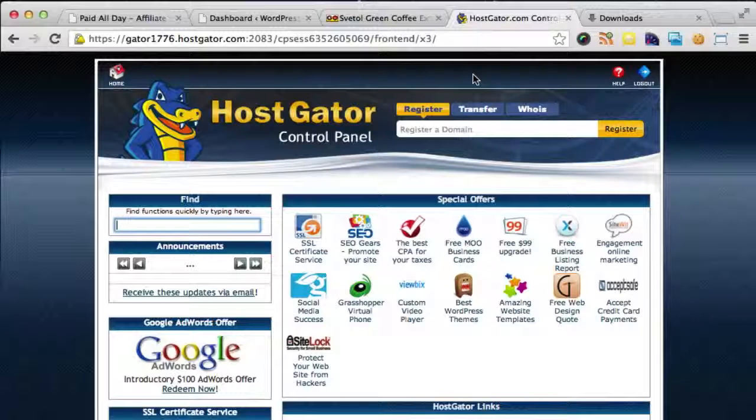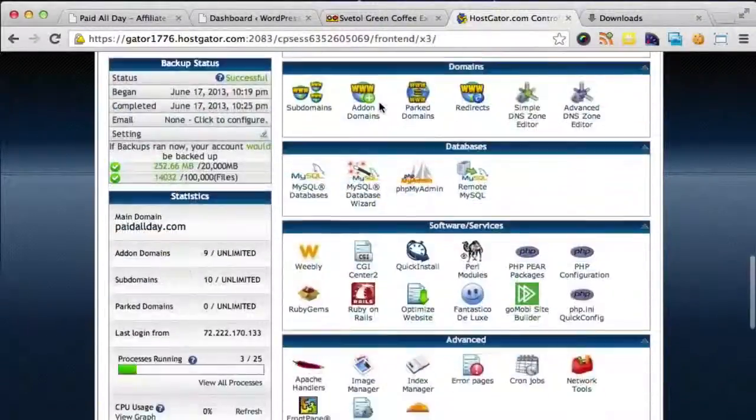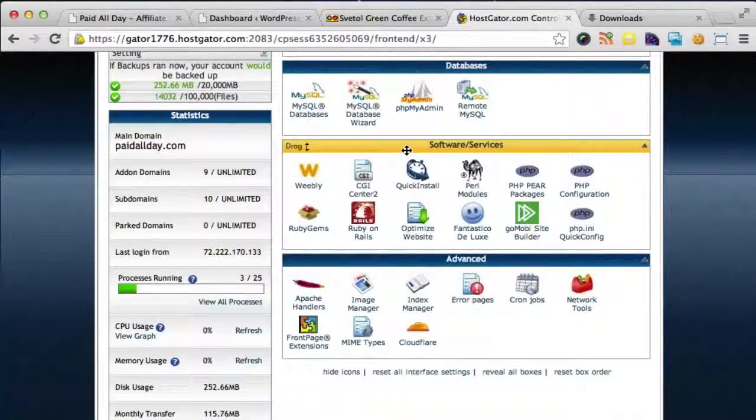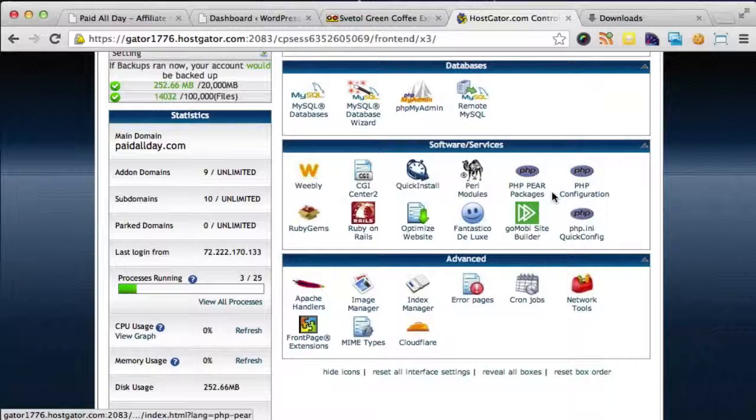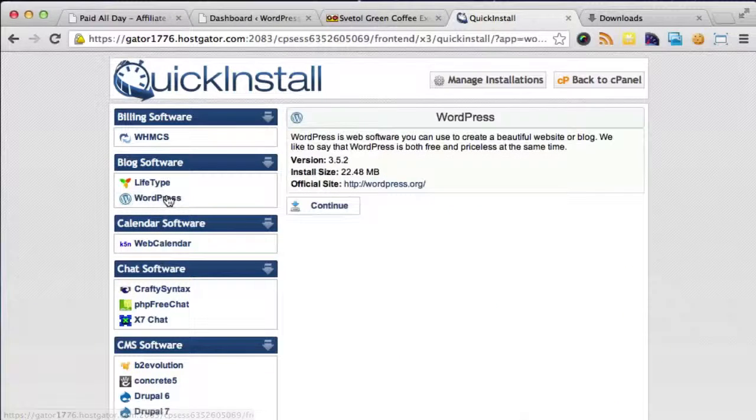So let's go ahead and, now that we're in the control panel, I'm going to scroll down to the bottom and you'll see this option for software and services right here that I've highlighted. And there's a few different icons down here, and actually 2 different ways to install WordPress, but we're going to use the easiest one, which is this quick installer. So we'll click quick install, and on the left there's a bunch of different software packages, and you'll see up at the top it has one for WordPress right here. So go ahead and click WordPress,